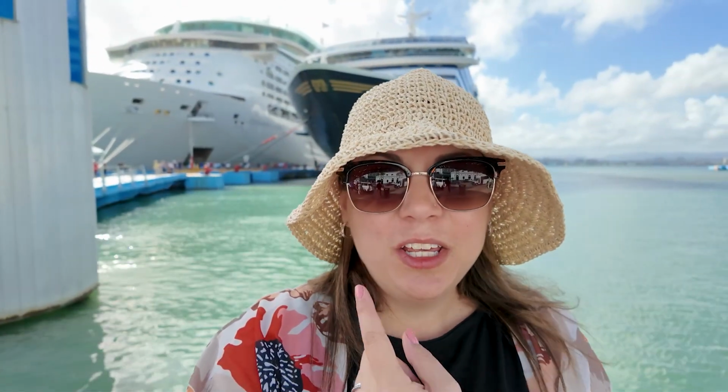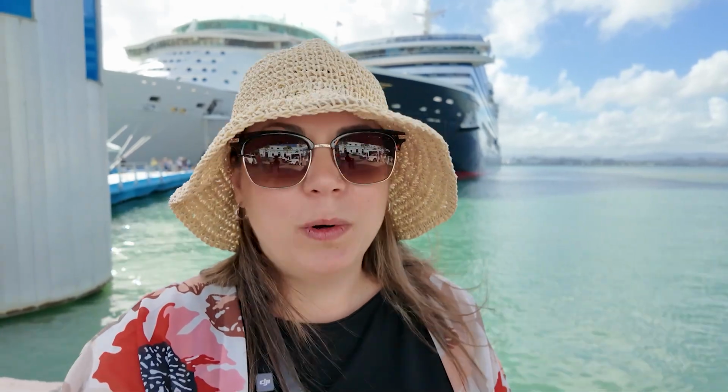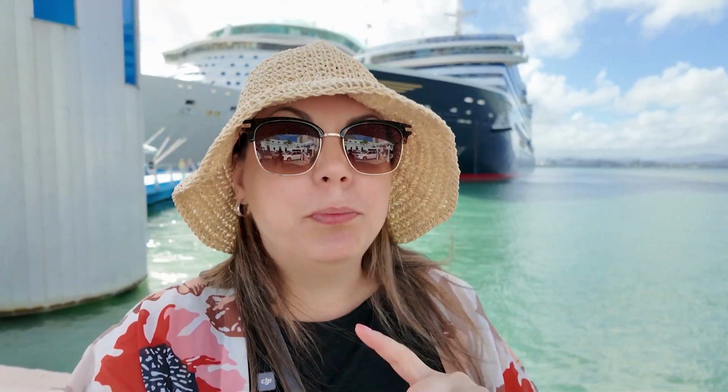We have officially made it to San Juan, Puerto Rico. You can see our ship back there. Last time we were here was in 2019, and we were actually boarding a cruise ship to go out to a Southern Caribbean cruise itinerary. I think we did the ABC Islands, but this one is an actual stop. So we only have about maybe 8 hours. We won't use all of that time anyways to just go out and explore the port. So we will take you along and show you what we get up to on our cruise port day here